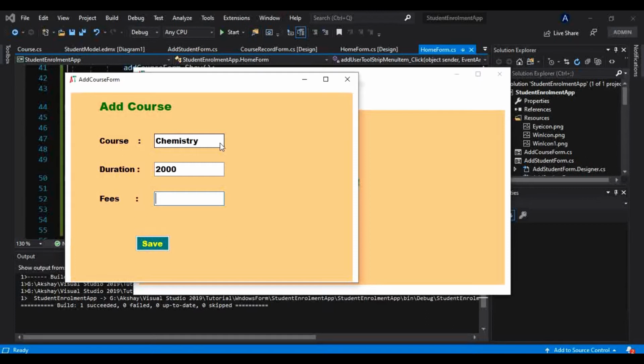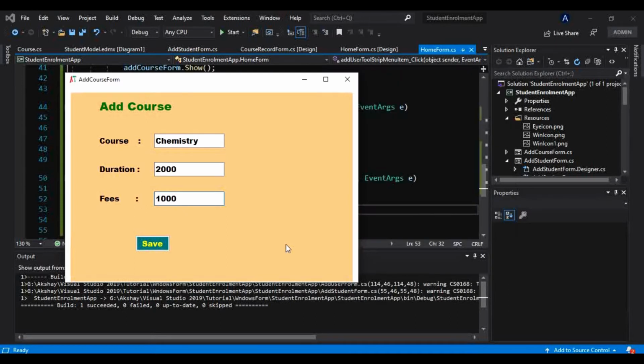You can create an application for customer order relationship as well. Okay, so a customer relationship kind of application. There is a loan payment application. There are any number of applications you can create. This is only one example of a Windows application. Okay, so let me add fees here. Let me add only 1000. Okay, so let me save this. So you will notice course added successfully, and where we can see that